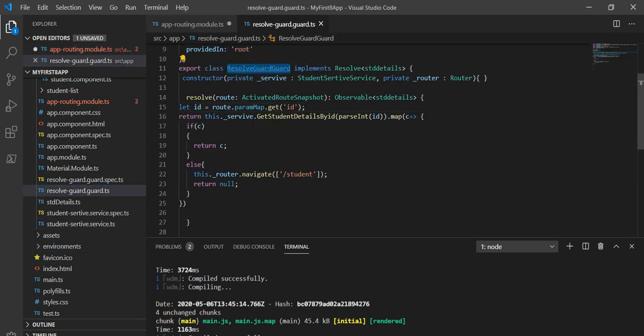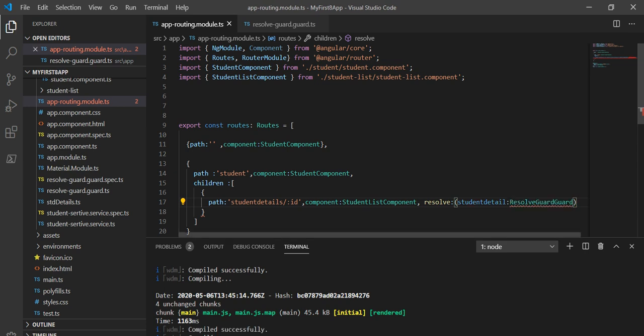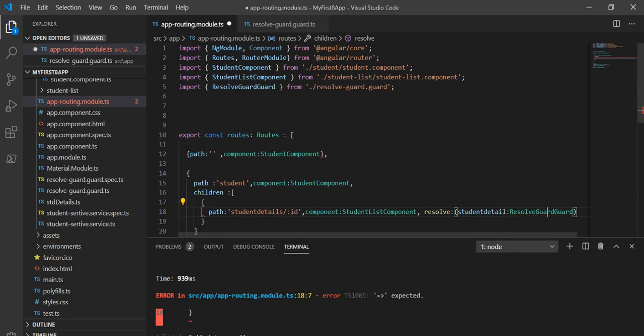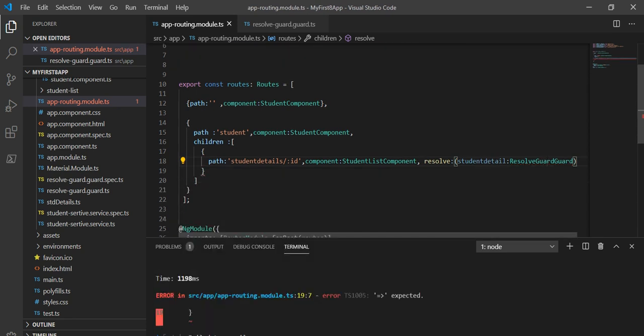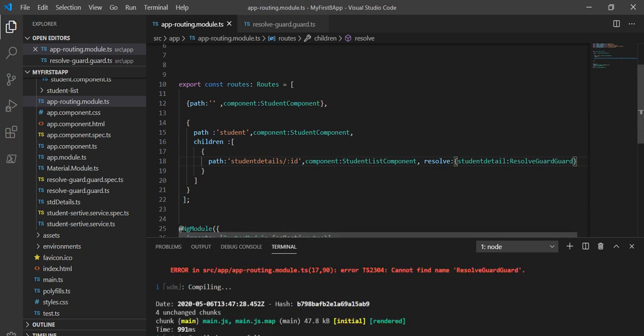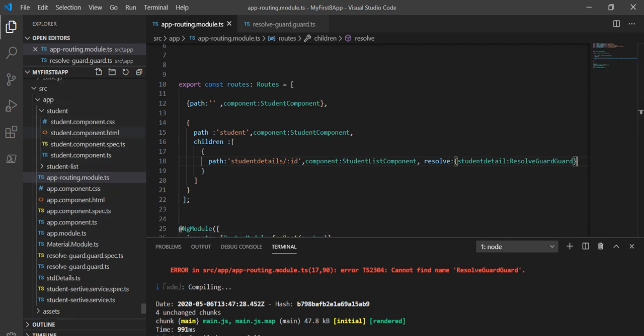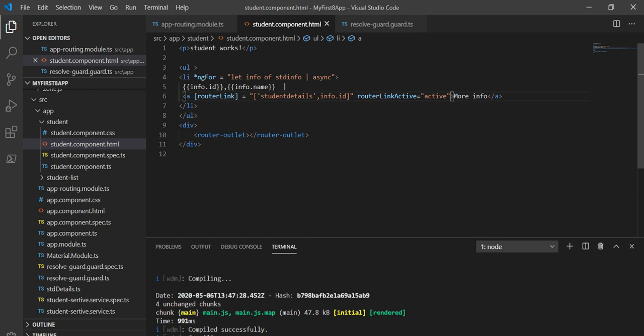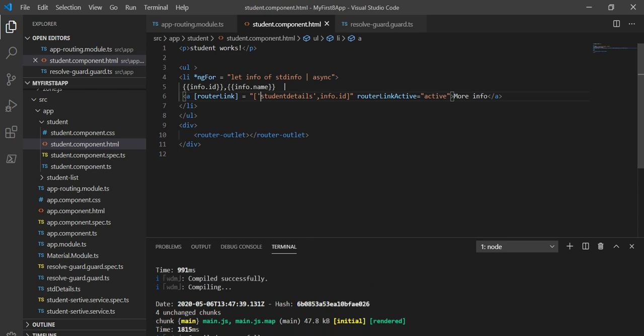So I will copy it from here and paste it, and we have to import it, basically this one we have to take in the curly braces. So that's what we have done here. Now go to the student component.html page, and here we have to take studentDetails. So all the changes are done.